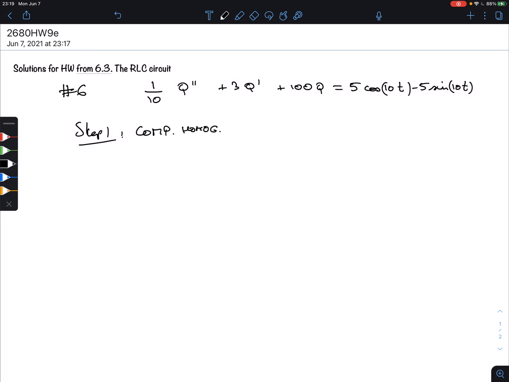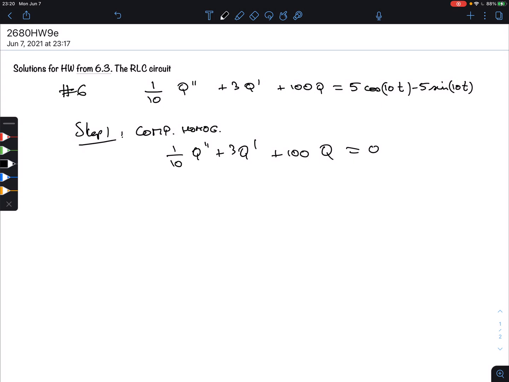Yeah, so they gave us this equation, right? So what this means, of course, is that we would have these numbers here. We know what these stand for. So this 1/10 would be the inductance. 3 would be the resistance, and then 1/100 would be the capacitance. Okay, that's just a weird thing, this 1/c there. But okay, they give us the equation, so we don't have to think too much about that. So our homogeneous one is just this one,